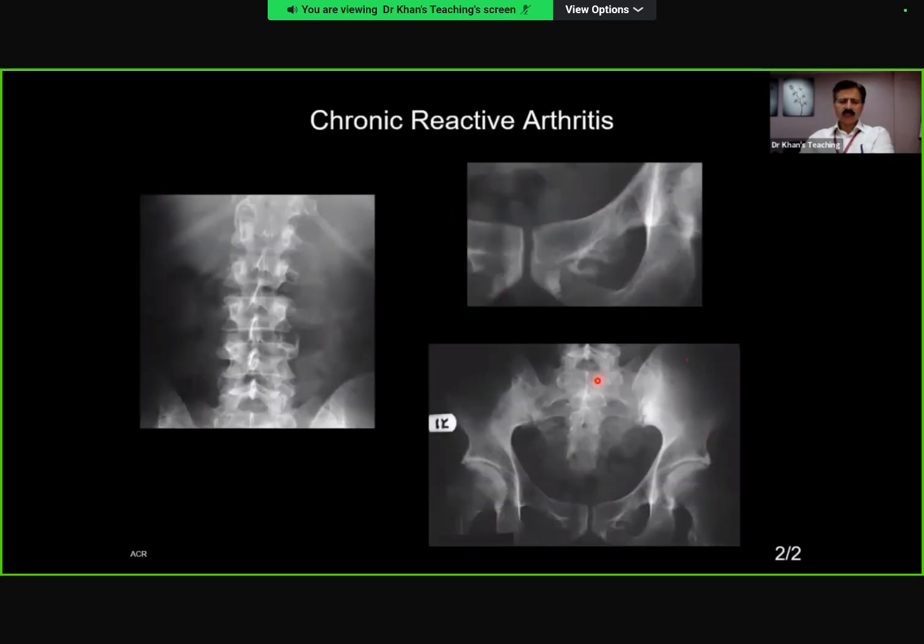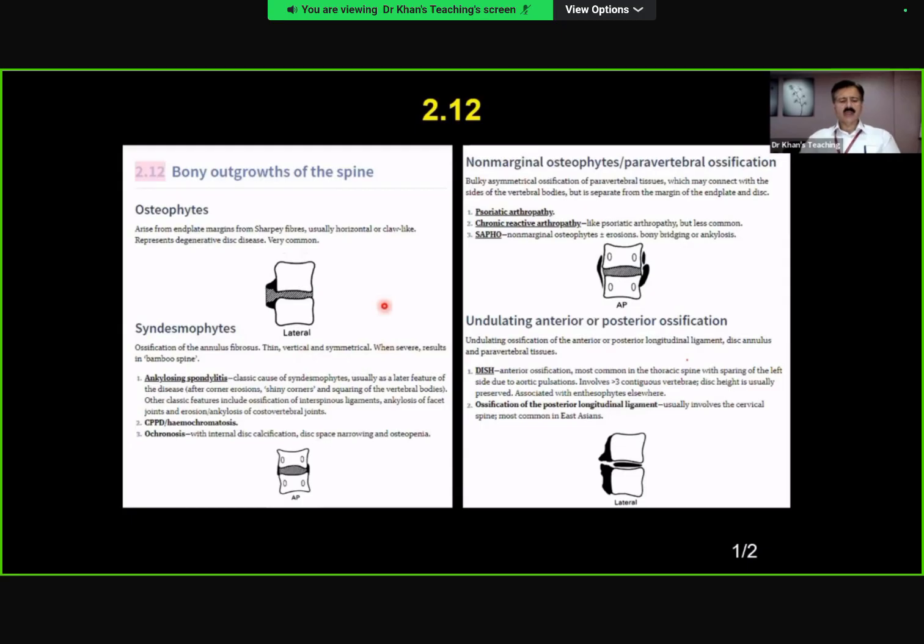So, in this case, if you look carefully, there was a bit of new bone formation here also. And with that, you can see this bit. So what is this? Now, if you concentrate on this, this is from the New Chapman, and develop your concepts about these terms. Please remember that there is a bit of discrepancy in literature. So you will see the same words being used interchangeably in literature. But I like the concept which is given here, and I want you to follow this, which is given in